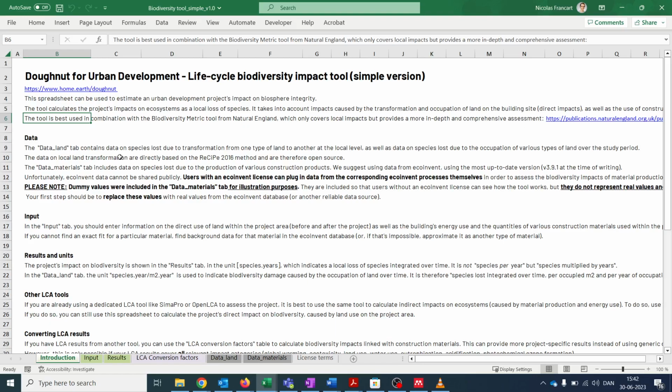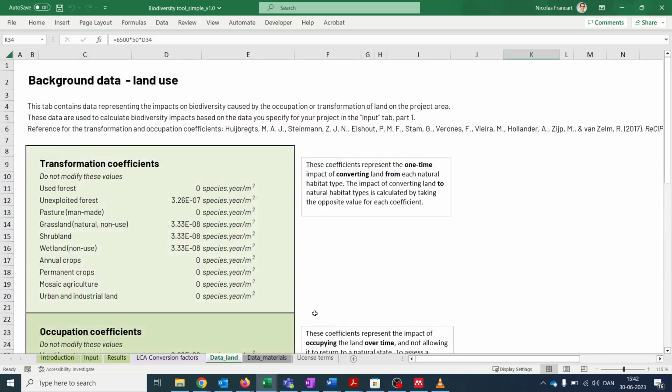Now, what do we have in this tool? First, we have background environmental data about biodiversity impacts linked with different types of land use and the production, use, and disposal of various materials and heat and electricity. So if you go to the Data Land tab, you will find